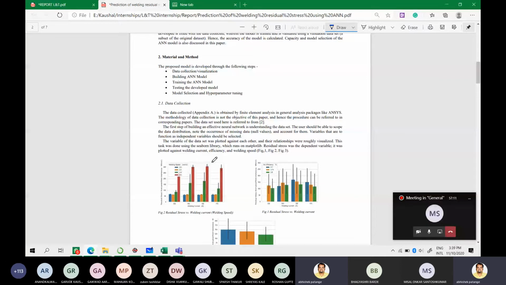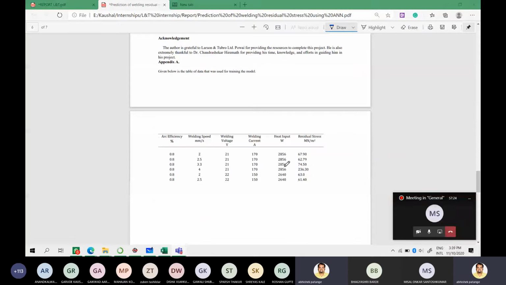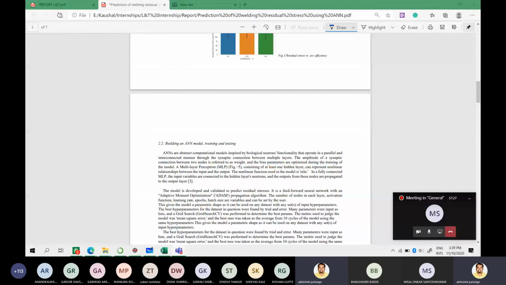So I'll just explain the code very fast. I'll just go through the code once. This will look a little complicated, but it is extremely easy. If you take any course on Coursera or Udemy, you will be able to understand this within 2 minutes. This is very interesting, very easy. So I'm importing libraries for my code, the libraries that I'm going to use. This is all done in Python.